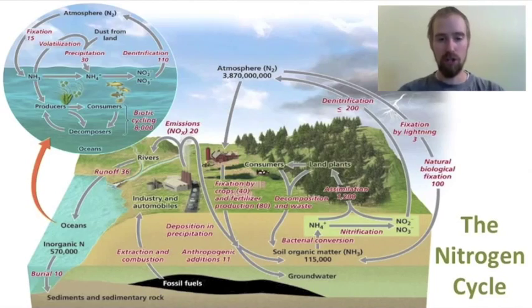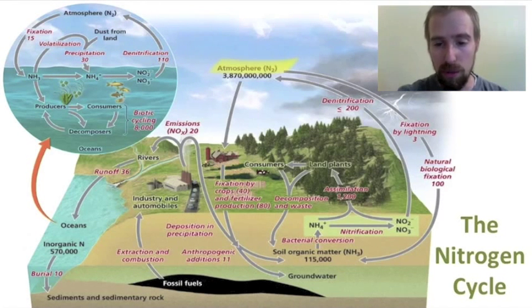Let's take a closer look at the nitrogen cycle. And just like we did with the carbon cycle, we are going to start in the atmosphere. And the atmosphere is actually a huge reservoir of nitrogen. More than 70% of our atmosphere is made up of nitrogen gas. The only problem is that this nitrogen is not really usable by the vast majority of living organisms. But a certain small subset of living organisms play a very important role in turning that unusable atmospheric nitrogen into usable nitrogen.